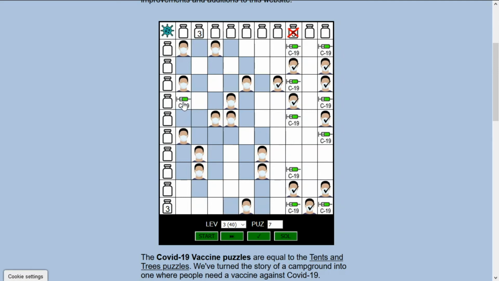Imagine that I put a vaccine here, then I block this and I block this cell. Then because I need 3, I must put them here, here and here. When I put a vaccine here, I must give it to that person, because there is no place to put other vaccines. And when I put it here, I block those 2 cells, so I wouldn't be able to give that person a vaccine. So a lot of thinking to know that this must be white,